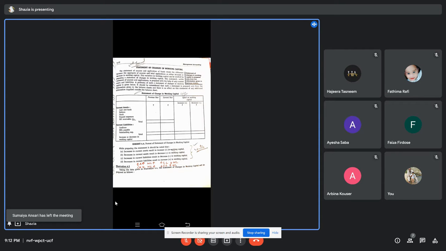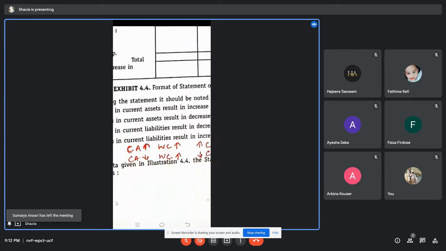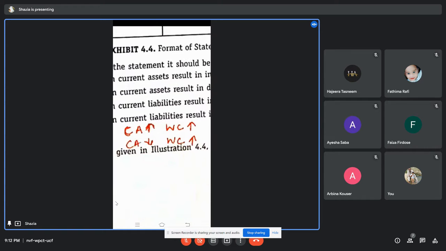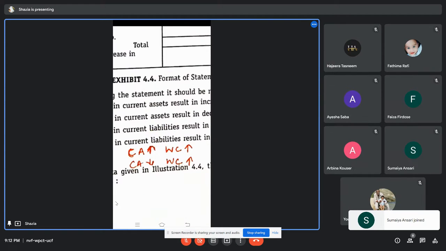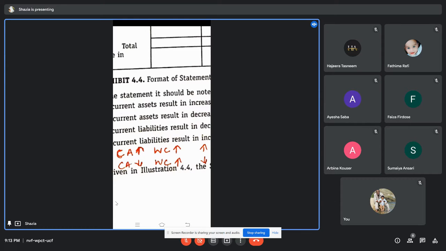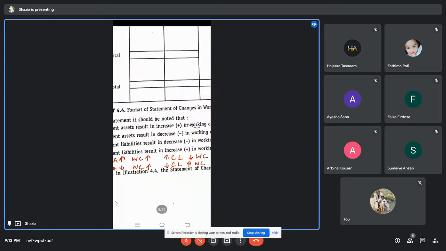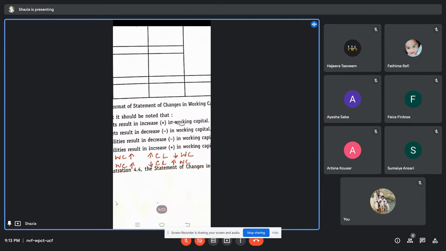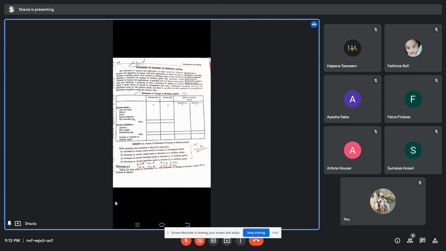Actually here I made one mistake. This should be decrease. ठीक है, ये just correct कर लो थोड़ा. When current asset is increasing, working capital also will increase. Current asset, if it is decreasing, working capital also will decrease, not increase. Please kindly correct this. Then यहाँ पे उल्टा हो जाता, देखो जब इंक्रीज हो रहा है करंट लायबिलिटी में, सिमल्टेनियसली डिक्रीज हो जाएगा वर्किंग कैपिटल में, देन डिक्रीजेस इन द करंट लायबिलिटी, इंक्रीजेस इन द working capital. The difference is the amount. Okay, so that way you have to do it.